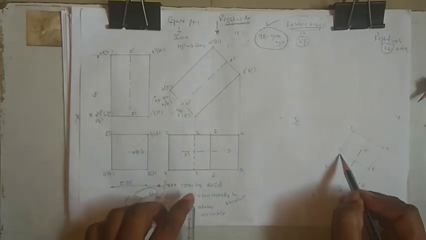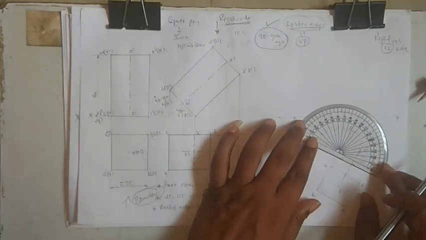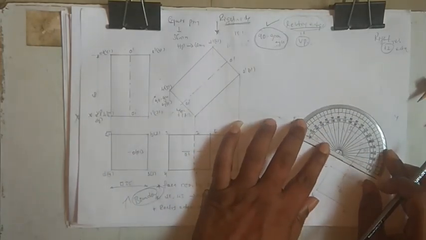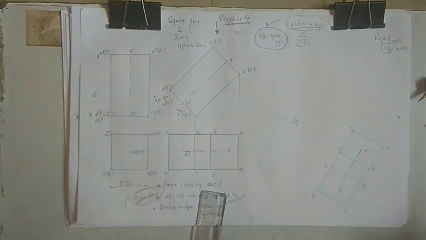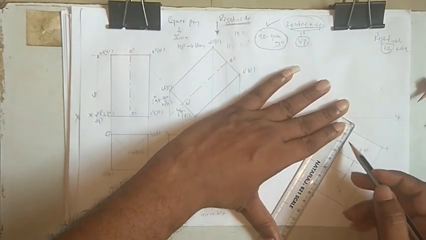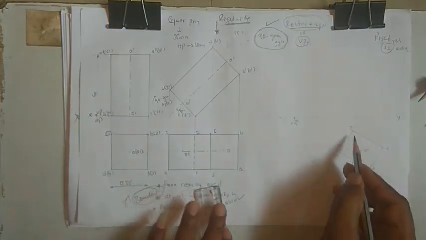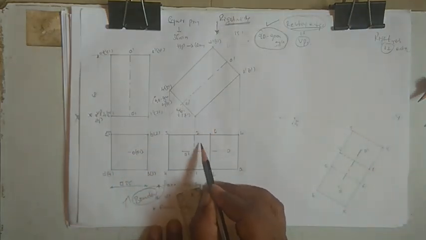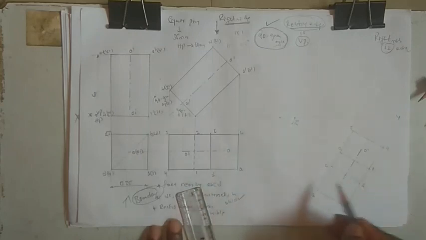So you can just take a 90 degree, keeping a protractor also, you can take a 90 degree. Like this, and draw one line, and on that one you can cut the arc. If you are comfortable, you can just take the scale and keep it like this and mark 25 and 45, 25 and 45. Just join the boundary, and from 2 take C, take D. From 2C, 1D, take the arc and cut it, and you will get this one.